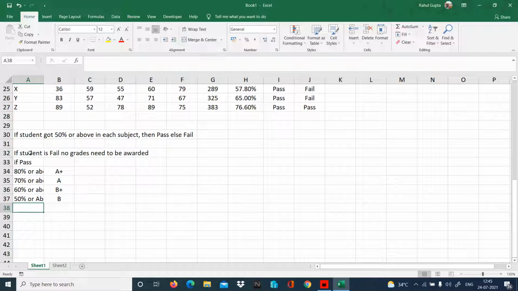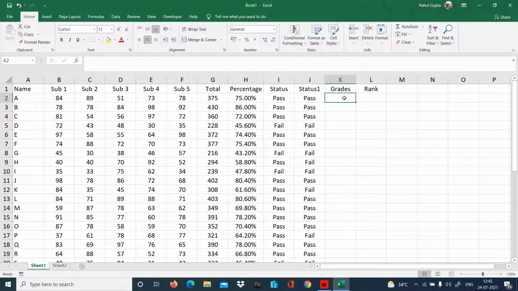So we have to use nested if or multiple if. So what is nested if? We are going to check a logic test. We are going to type the value if true, but if false, we are again going to check a logic. Again if true, we are going to type a value. Again in the case of false, we are again checking with if a logic. So this is the kind of thing which we have to do.